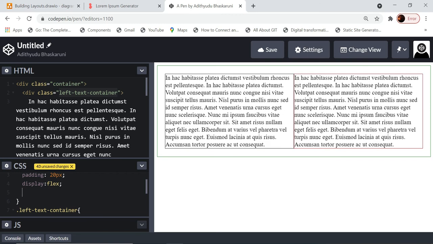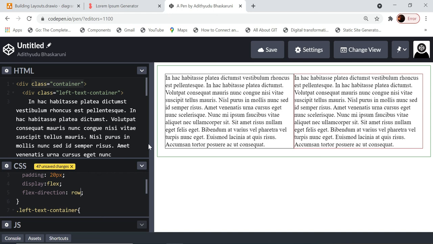The display flex property tells that this parent container should act as a flex box. So always, to align the child elements in a certain way, you need to define the parent element as a flex box. And whenever you are saying the flex direction, you are saying that whatever elements I add to this particular container need to align row wise.